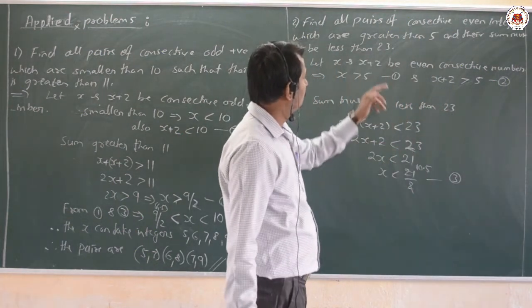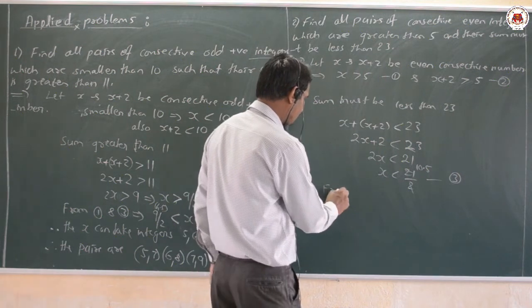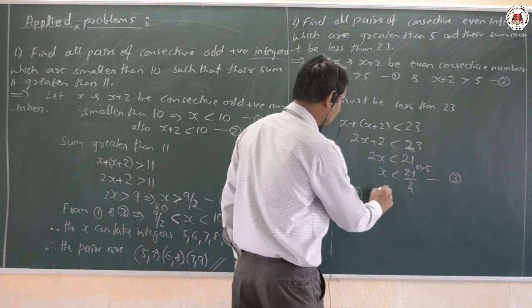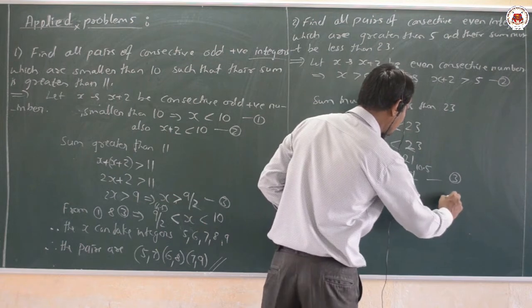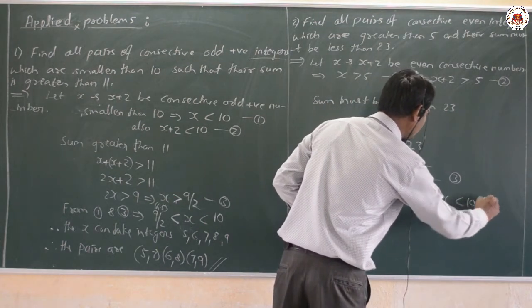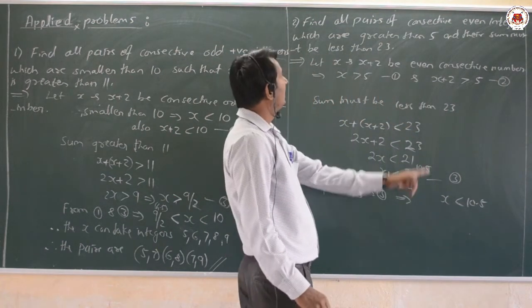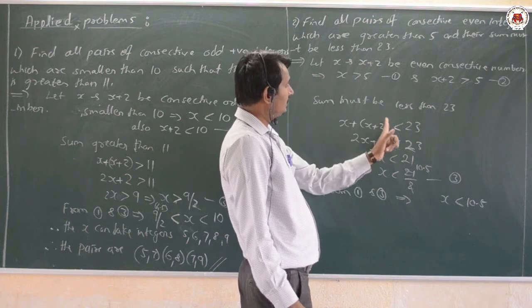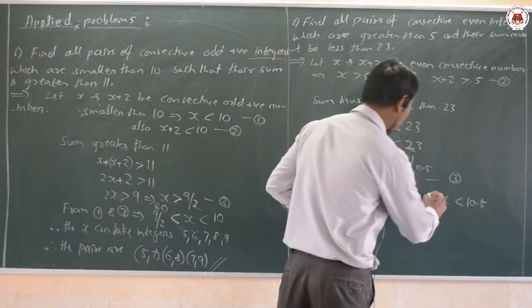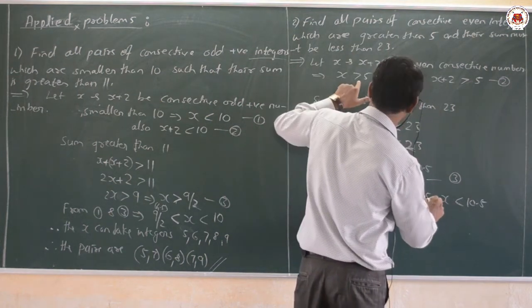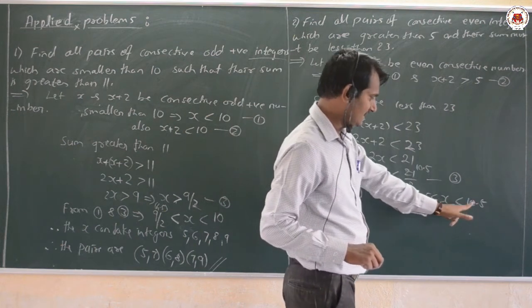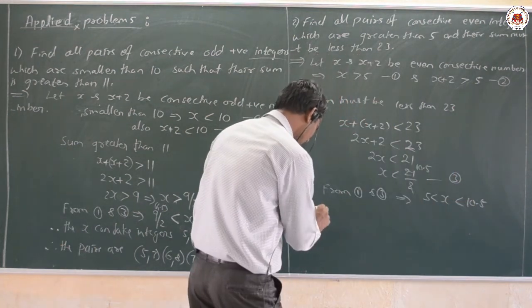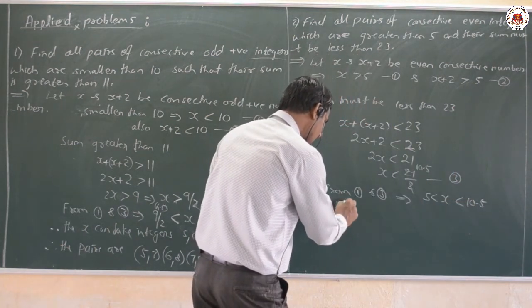That means from 1 and 3, x is less than 10.5, that is 10 itself. And the least value from equation 1 is 5, that means 5 is less than x. That means 5 is less than x less than 10.5. Therefore, x takes the value as